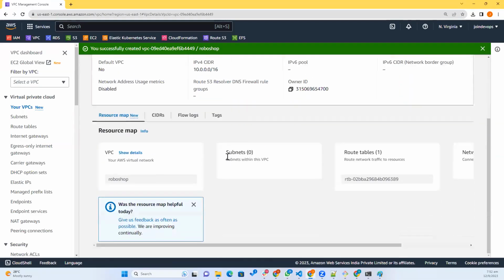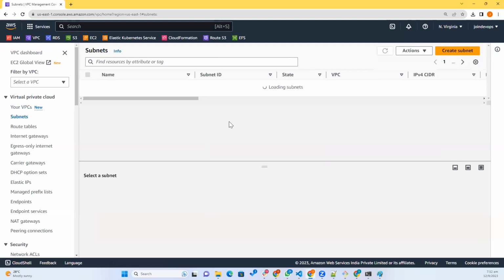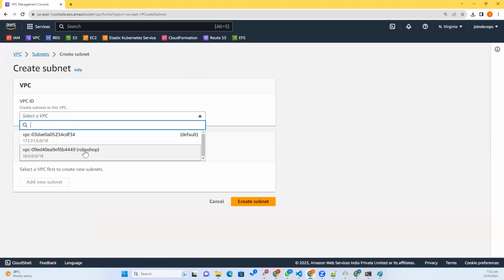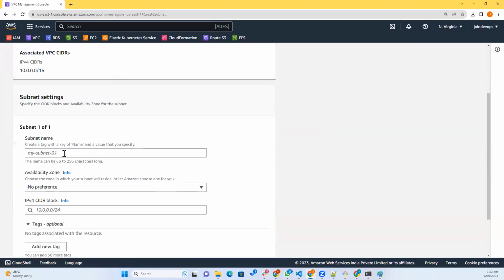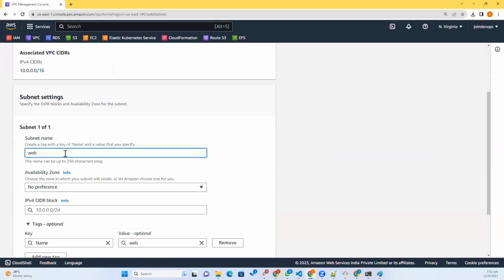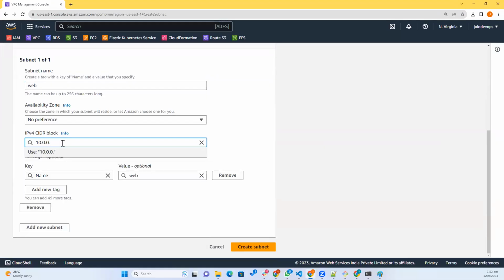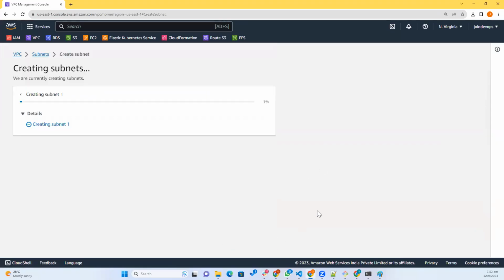Okay, so this is, you created VPC. Now you need to calculate subnets. Right now I have 0 subnets. Now I want to create the subnets. How can you create here? Create subnet, select which VPC, RoboShop VPC, and then subnet one. For example, I'm giving web tier, and then here I'm giving it as 10.0.0.0/24. Create subnet,